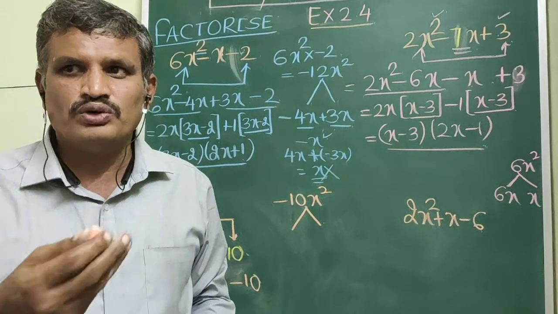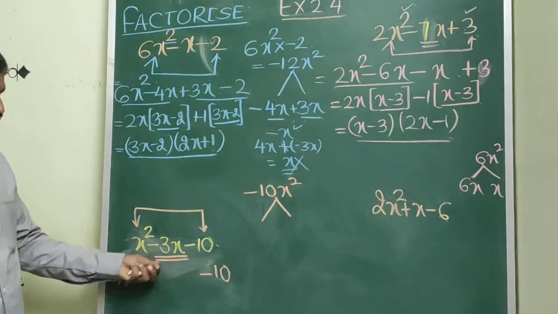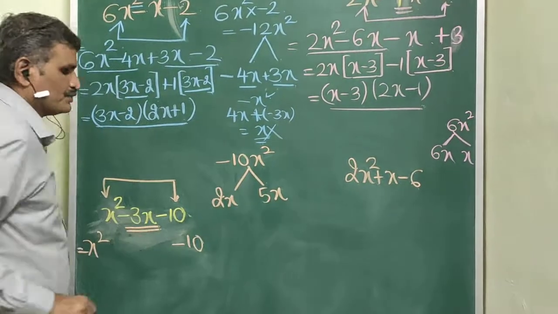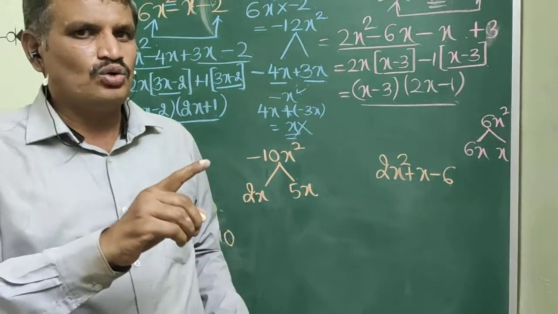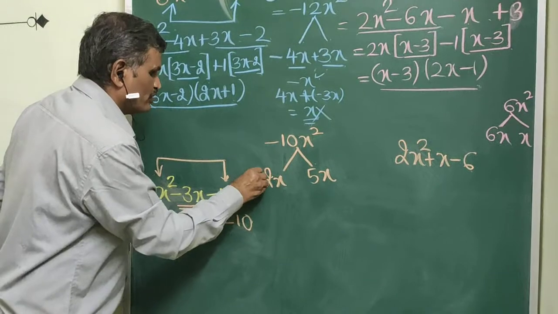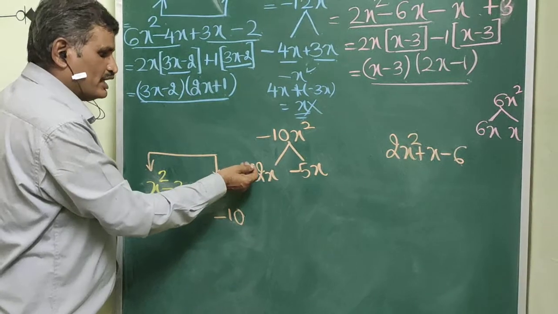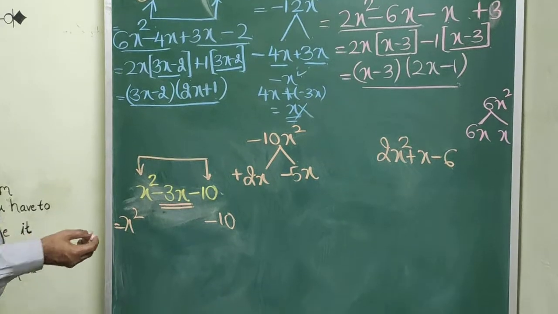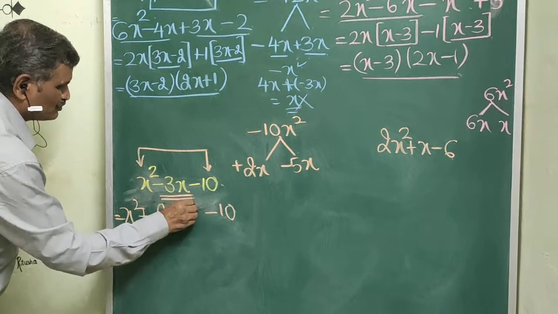Next factor of 10 is 2 and 5. 2 fives are 10 and 5 minus 2 is 3. So I am getting 3. That means what I should write here is, I can take 2x and 5x here. Now 2x should be subtracted from 5x. It can be done either by taking 2 positive and 5 negative, or 2 negative and 5 positive. Suppose I write 2 positive and 5 negative, then 2 minus 5 is minus 3. Suppose I take minus 2 and plus 5, then 5 minus 2 will be equal to plus 3x, which we don't want. So what I do here is, I write 2x and minus 5x.